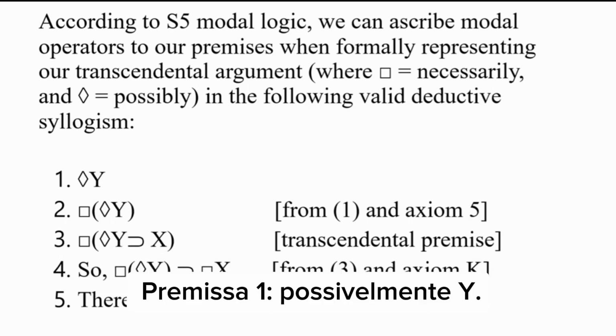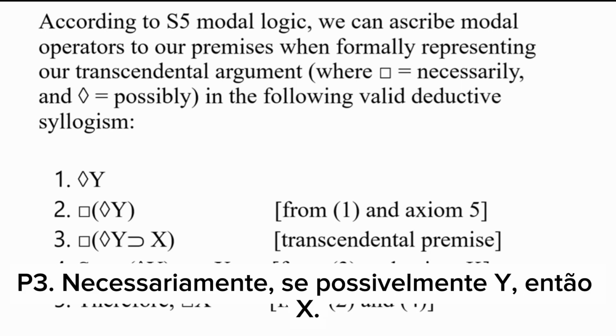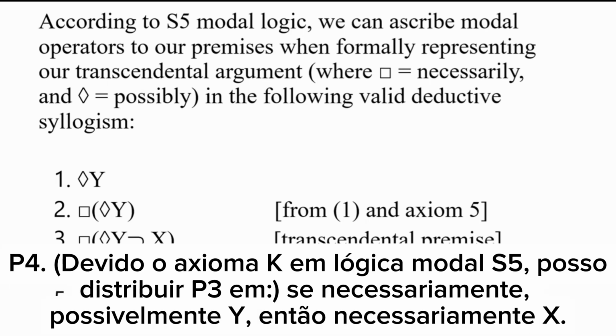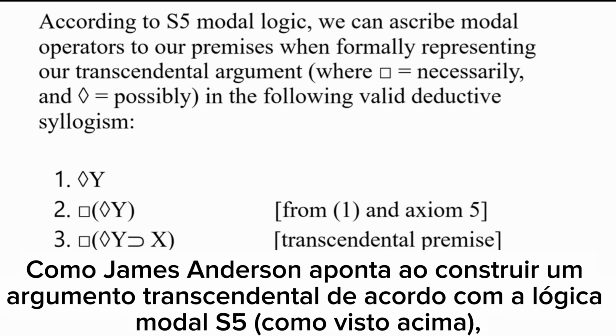So premise 1: possibly Y. Premise 2: necessarily possibly Y. Premise 3: necessarily, if possibly Y, then X. And given axiom K in S5 modal logic, I can distribute this: necessarily possibly Y, if necessarily X. Therefore, necessarily X. You'll find someone named James Anderson also points out that in constructing a transcendental argument according to S5 modal logic,